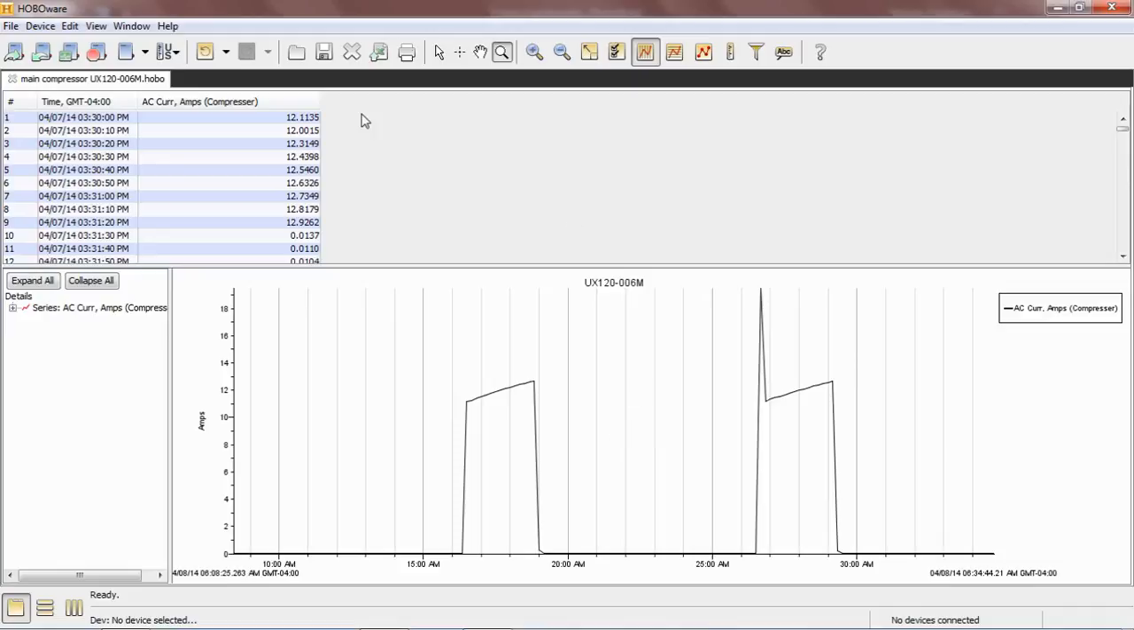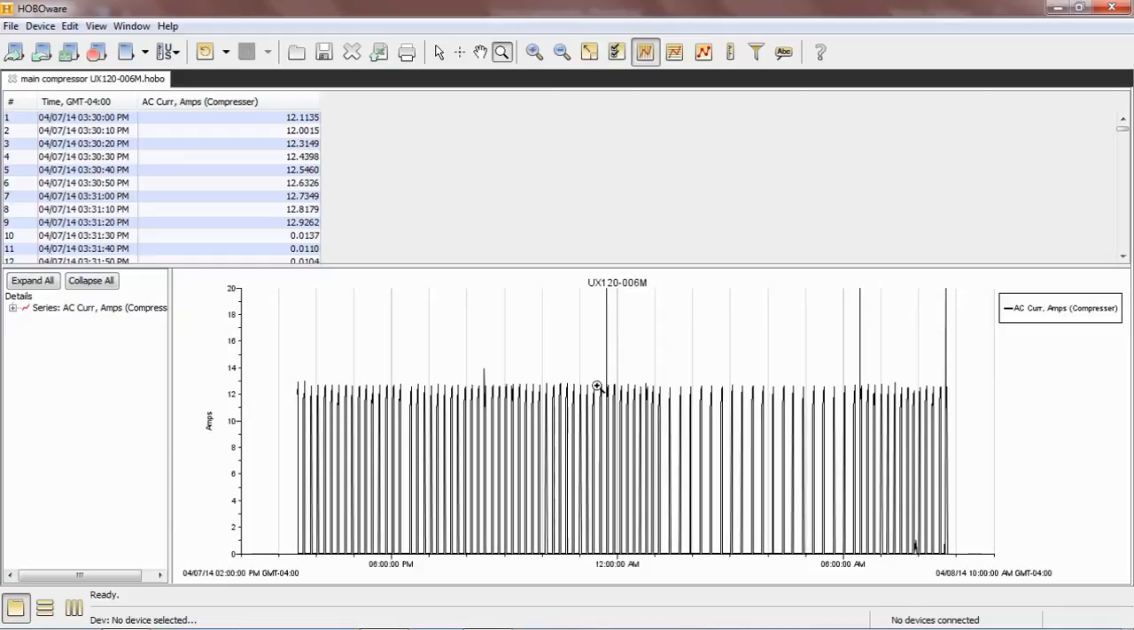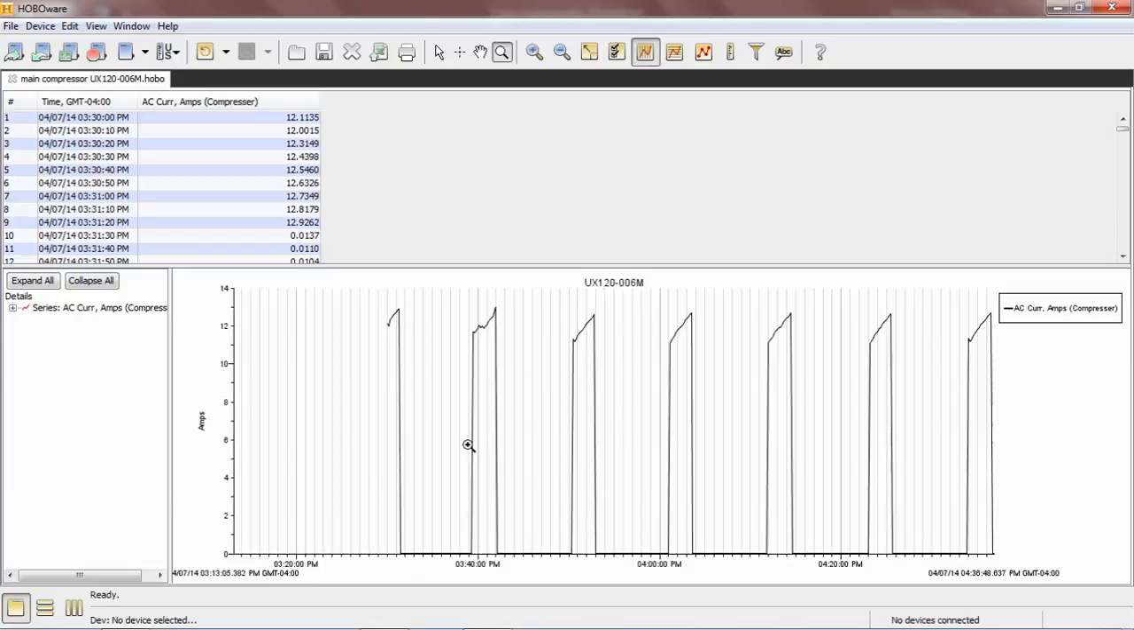But for the most part, we'll go back to the full scale, you can see we have a fixed load or a constant load. All we have is a varying runtime. Again, you can see how it comes on for a little while, and it's off, it's on, it's off. So a runtime measurement would make a lot more sense for this type of application,